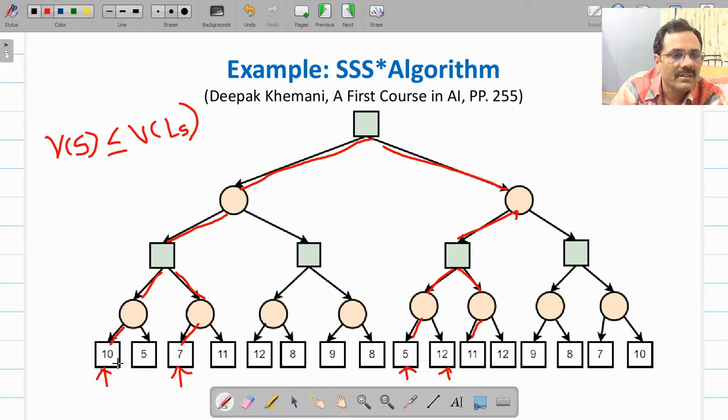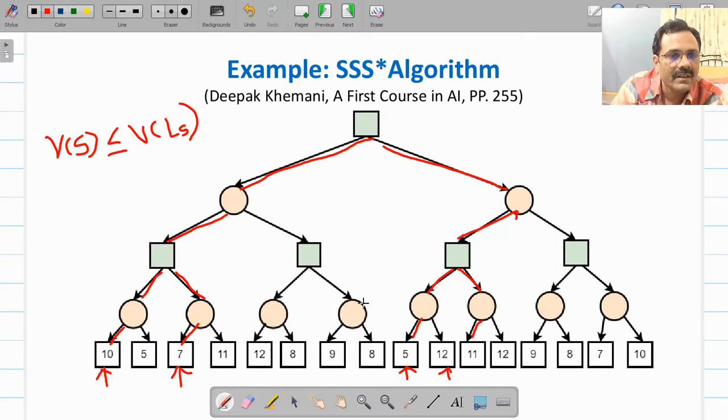Therefore this 10 is part of 2 strategies. One is this one, and another is if you consider the right side. At one time you select one part, at another time you select the other part.